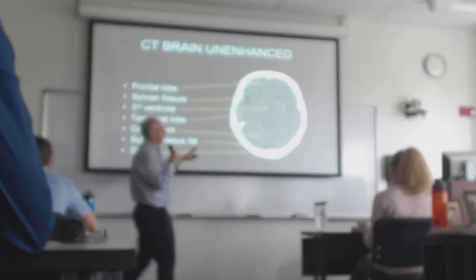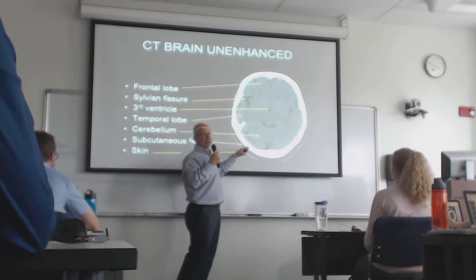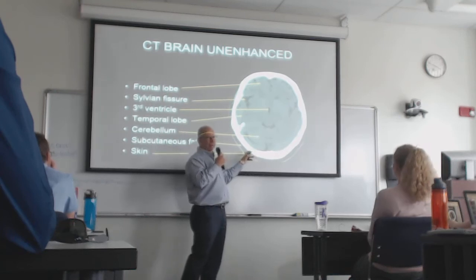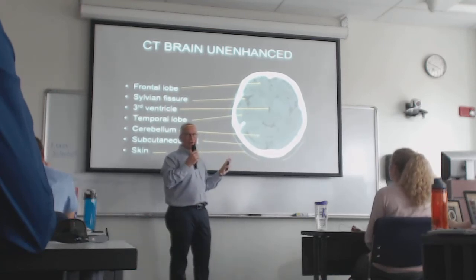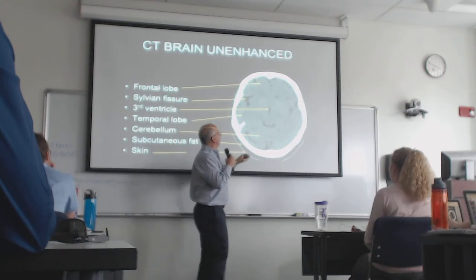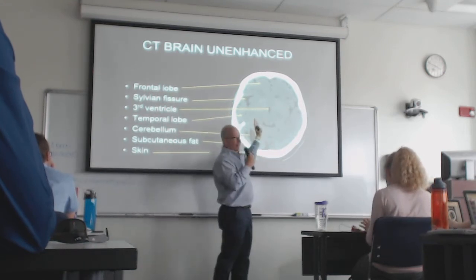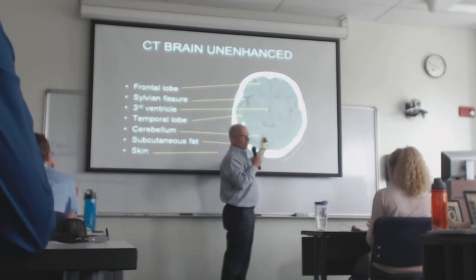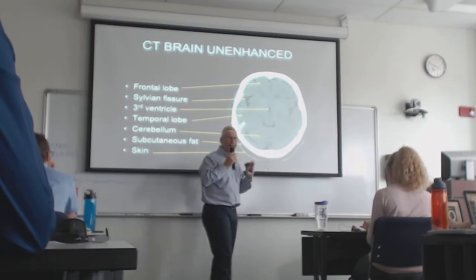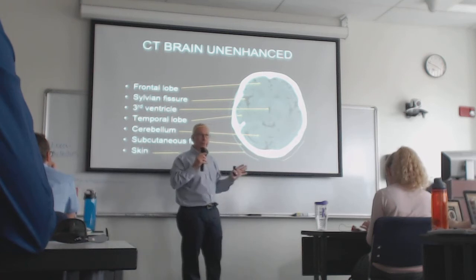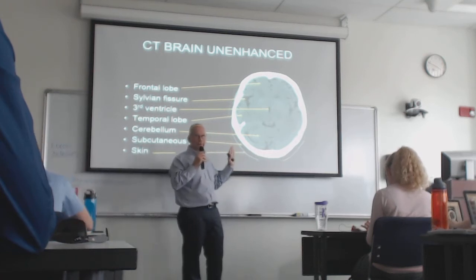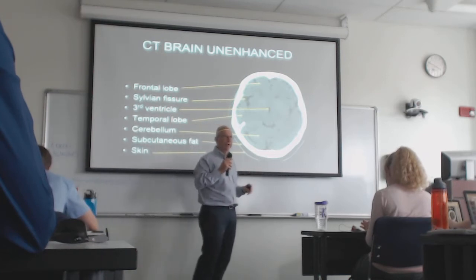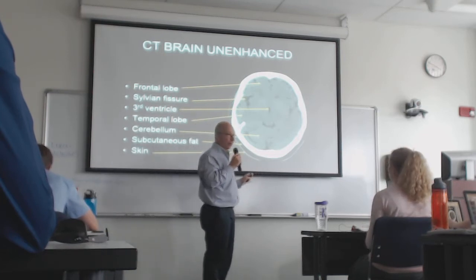Going higher still. Now I'm pretty much out of that area where the bone is so super dense. The skull is dense, but it's not causing me any real artifact problems at this point. And now I'm really loving symmetry. I want everything to be the same from one side to the other. The brain is absolutely symmetric when it's normal. As far as imaging is concerned, it is symmetric. You want to see symmetry. If you see symmetry, chances are you're dealing with a perfectly normal brain.